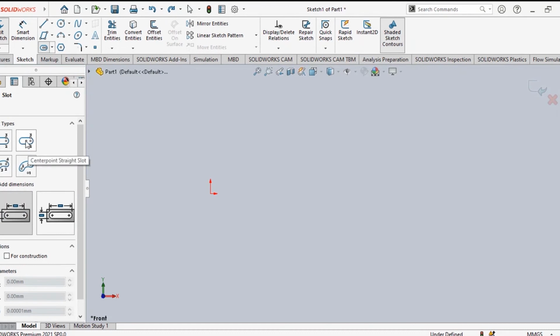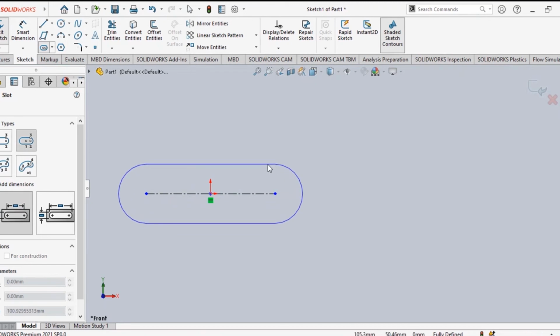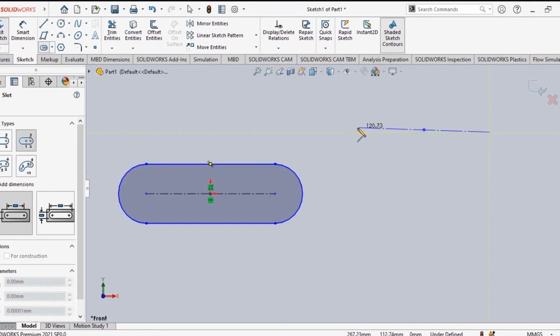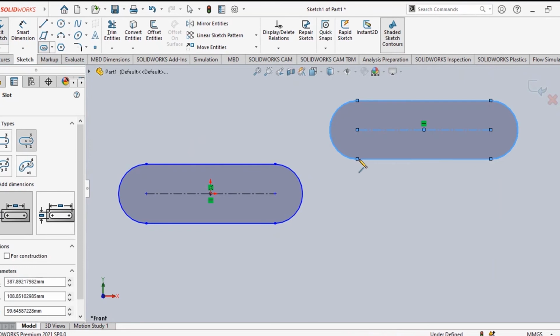That means you can see first, second, and third different points. First one is the center point selected only. Second one is the end point, and the third point is the periphery. So this is the option. First you selected the middle center, right? Then you can see the external point. That means this external wall, and the final drag down will provide the radius. So this is the second option available.